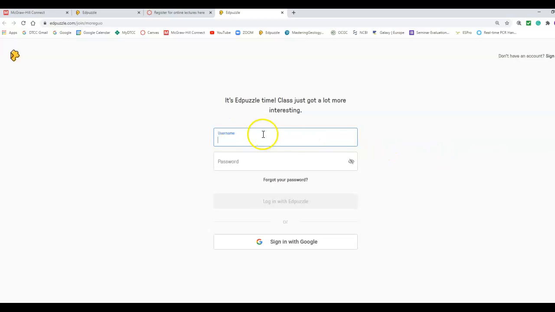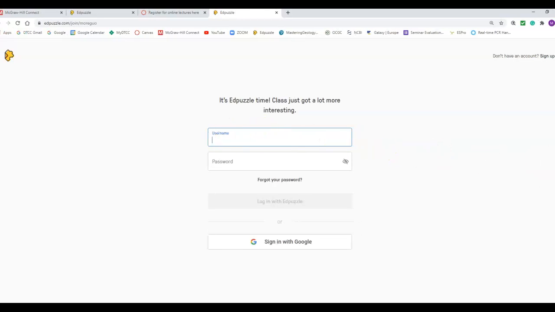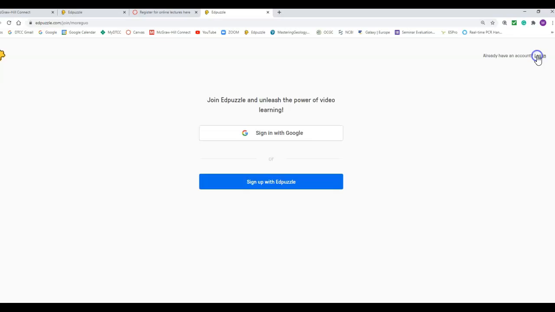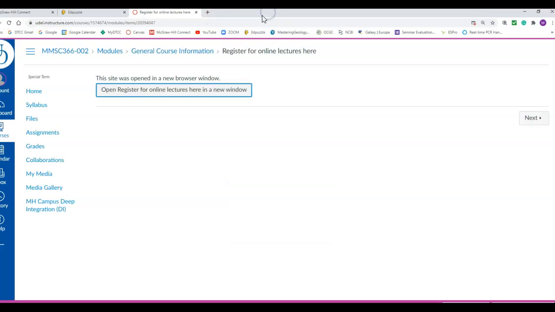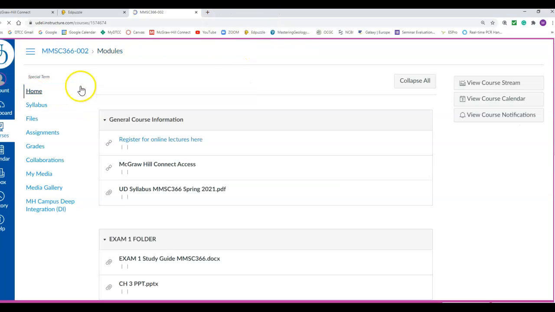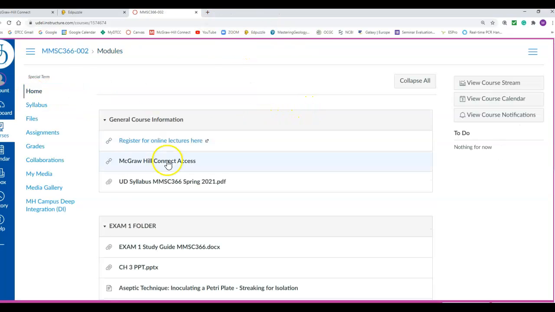to be like, wait, what do I put in my username? Well, what you do is you go up here to the top and hit sign up. And you can sign in with your Google or sign up for Edpuzzle would be the next thing. You put your first name, last name, username, great, and then you're in the class. You don't have to actually access all of the lectures through Edpuzzle because I have it synced with the Canvas course. So once that's done, if we go back here, second thing you're going to do is go to McGraw-Hill